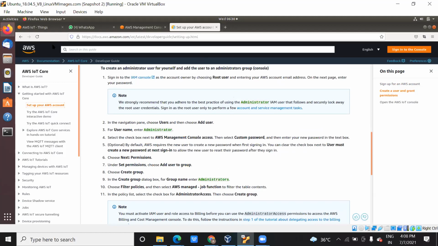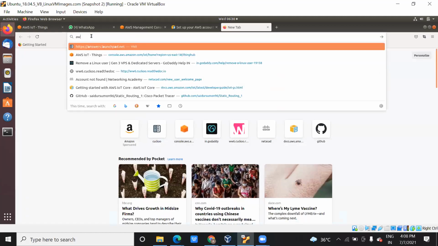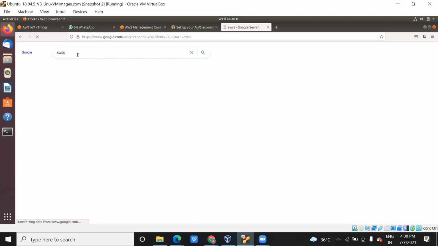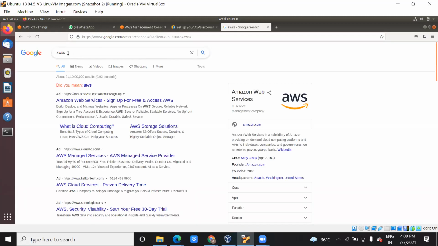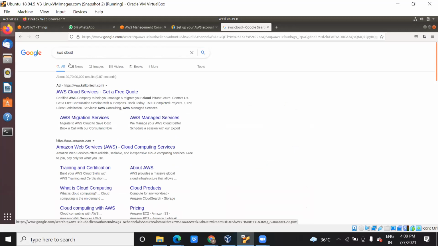An IAM role is a permission that is given to your account. When you try to log in to AWS, you get two options at the start. The first one is the root user, and the other one is the IAM user.